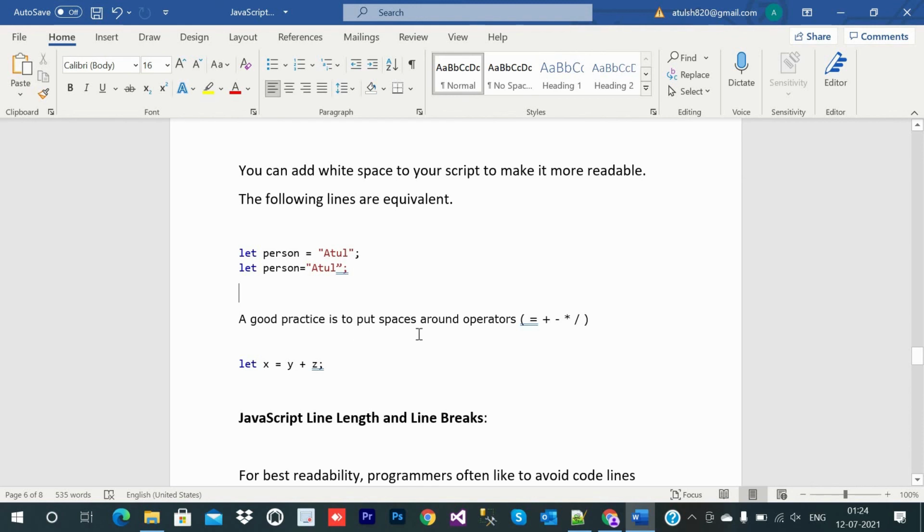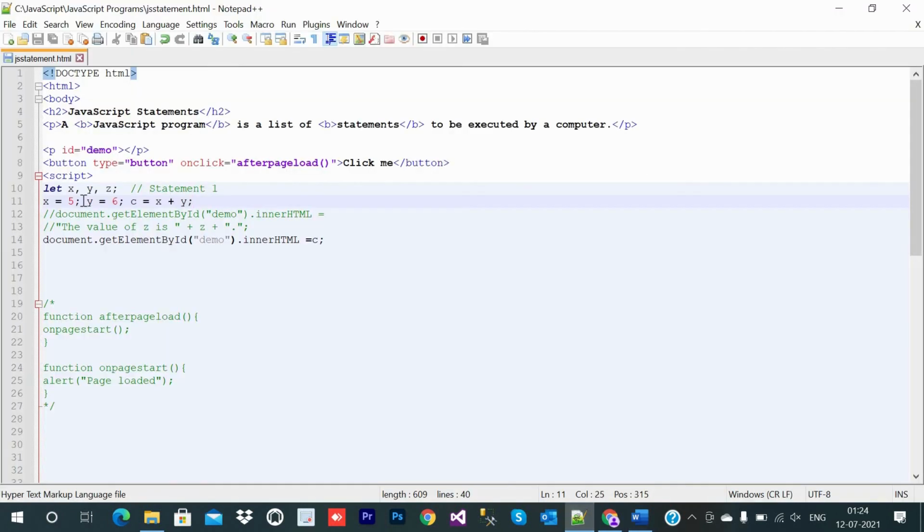A good practice is to put spaces around operators: equal, plus, minus, that is assignment, addition, subtraction, multiplication, division. Here and here, around the operator, just put the space. Like let x equal to y plus z. Let's implement it.